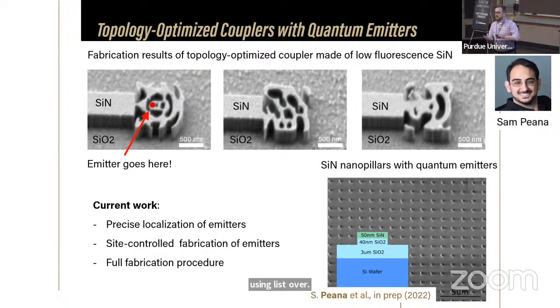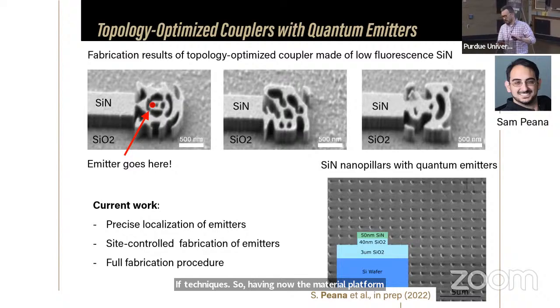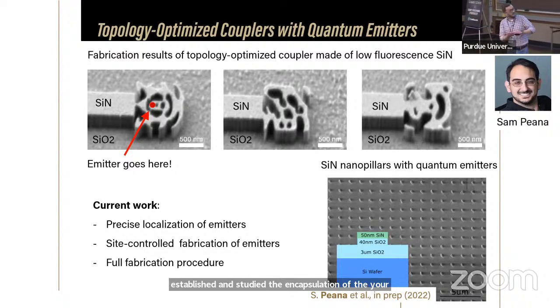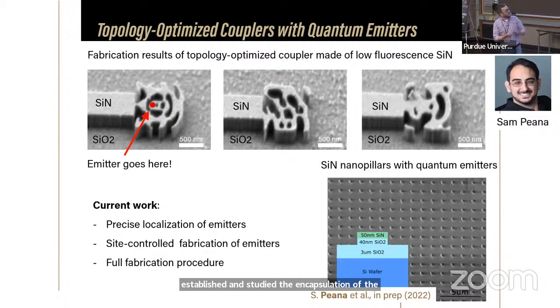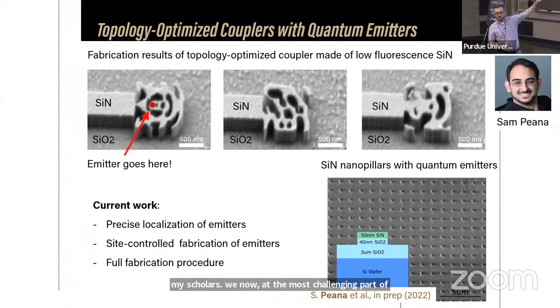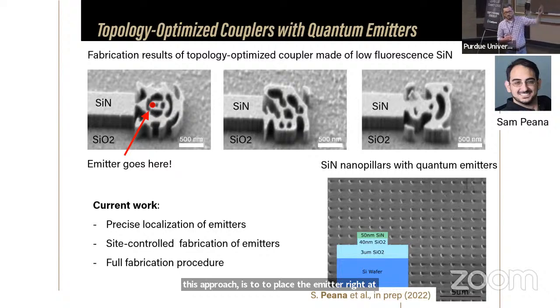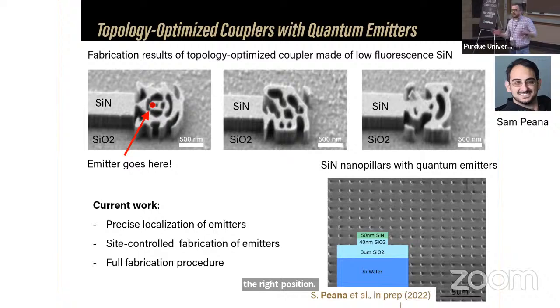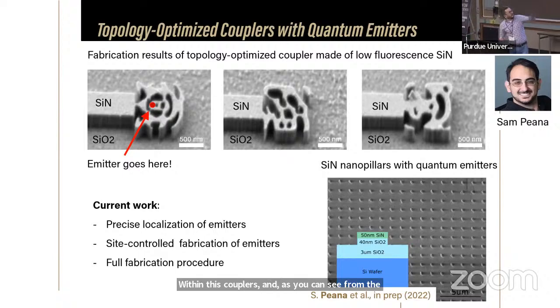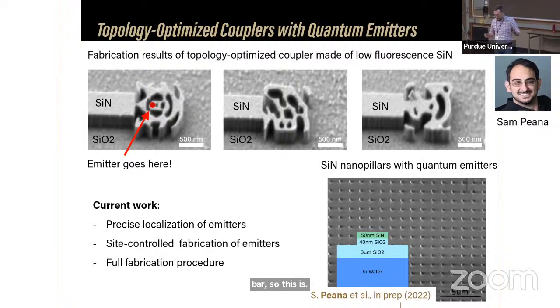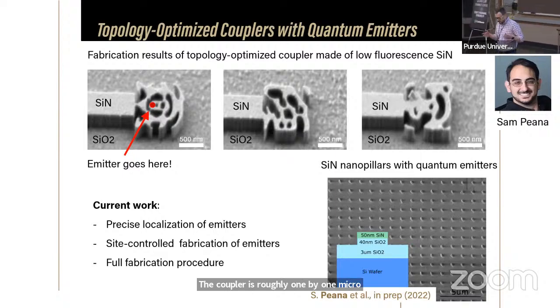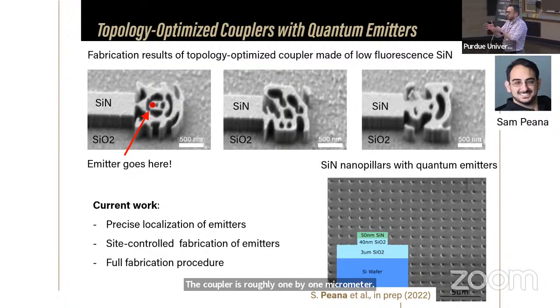So having now the material platform established and studied the encapsulation of the quantum emitters in silicon nitride, and having tested the fabrication of topology optimized couplers, the most challenging part of this approach now is to place the emitter at the right position within these topology optimized couplers. And as you can see from the scale bar, the coupler is roughly 1 by 1 micrometer. So clearly we need sub-diffraction limited precision to place these emitters within